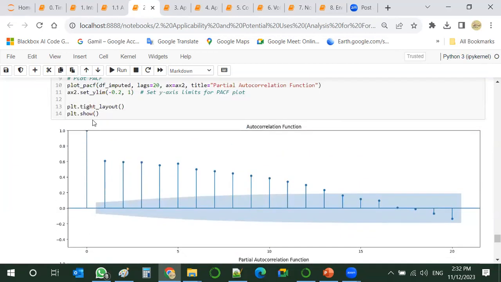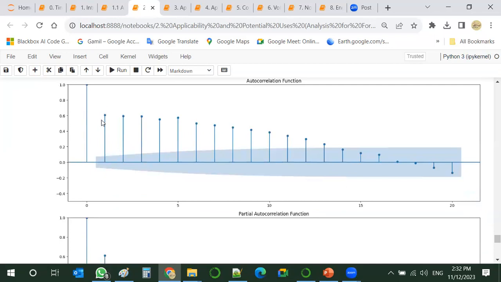So the first one is actually the autocorrelation between the point and itself, so this one is not considered, but we can see here 1, 2, 3, 4, 5, 6, 7, 8, 9, 10, up to 12 lagged values are having a correlation with the value of interest, with the point of interest. So those will somehow come into the formula of the model.